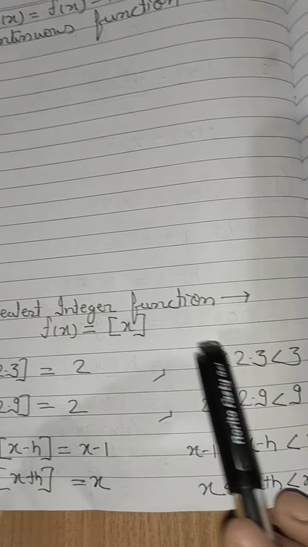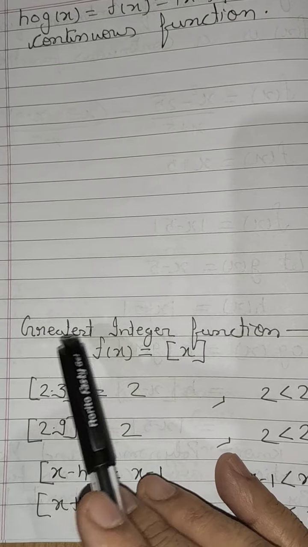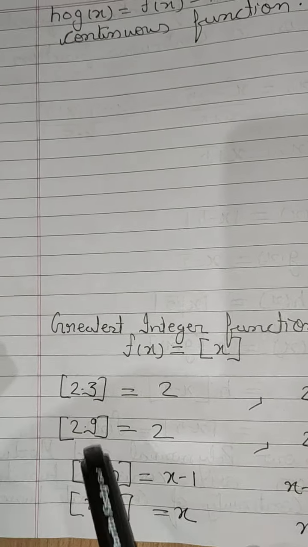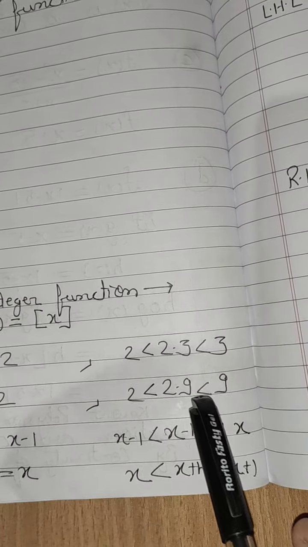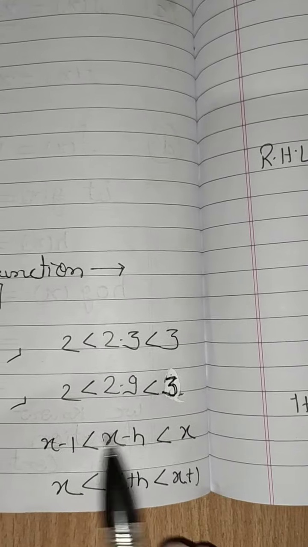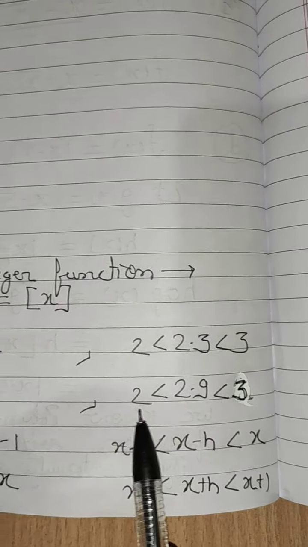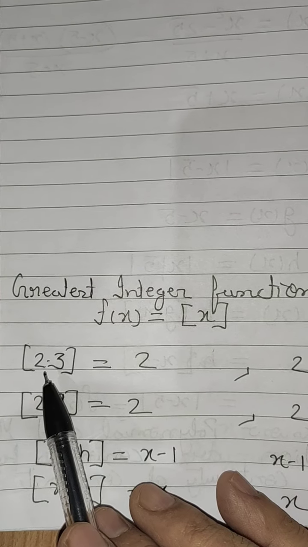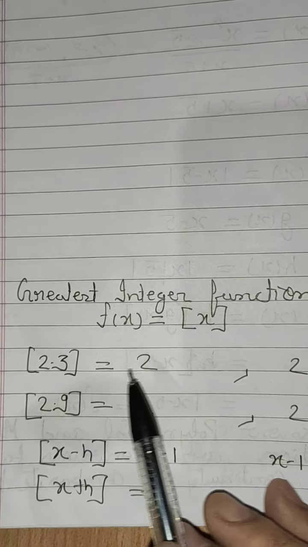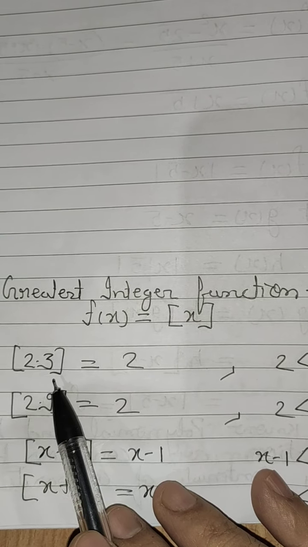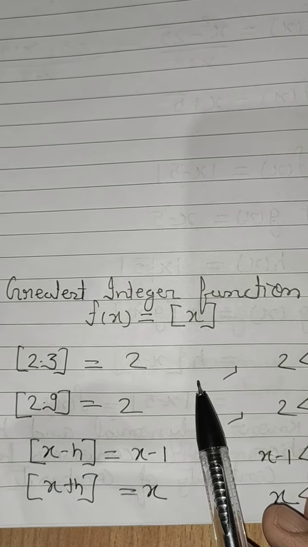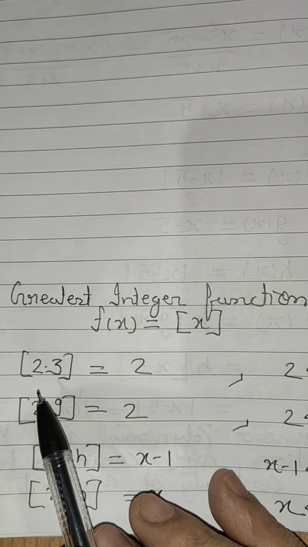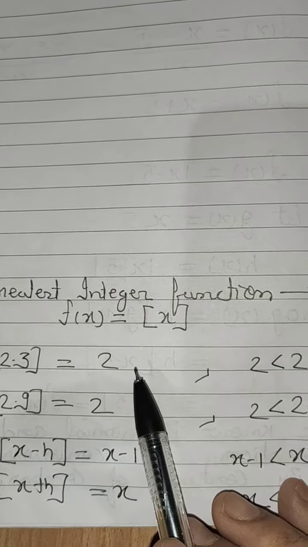2 and 3. So the work of the greatest integer function, opposite to its name, is to change it into what? The smallest integer. 2.3 will change into 2. Take 2.9: between which two integers does it lie? It lies between 2 and 3, and the smallest integer is 2. So the work of this greatest integer function is to change the number into the smallest integer if there is any fractional part. If it is an integer, it remains as it is. So we have to observe which two integers the number lies between, and then it changes into the smaller integer.